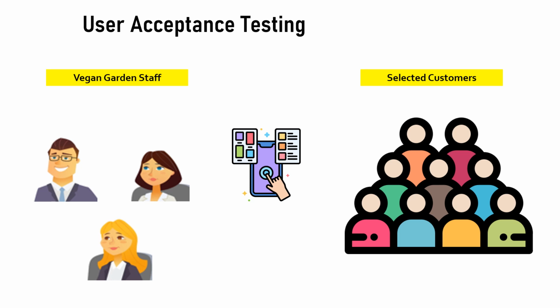As all the features decided for MVP had been developed, the next step towards go live was user acceptance testing or UAT. Alex's team made the application available for UAT. There were 2 sets of people who were performing the test. First one, Vegan Garden staff. They checked the developed functionalities and ensured that the app was customer friendly. They also focused keenly on the staff side of the application. That is, whether they were receiving the orders properly, online payment was showing up in their business's current account, and whether they were able to receive and respond back to the customer's issues.